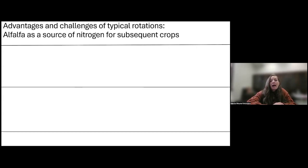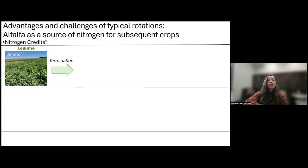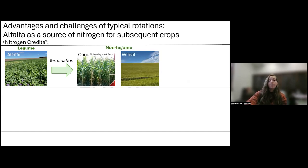So let's see how we quantify the nitrogen credits from alfalfa to other crops. So typically what we do is we'll have a legume like alfalfa in a field. We're going to terminate it. That can be done either with the use of herbicide or with tillage. And then we plant a non-legume plant immediately after. And on those non-legume plants, so typically corn is used either for grain or for silage when we're evaluating the nitrogen credits, we also